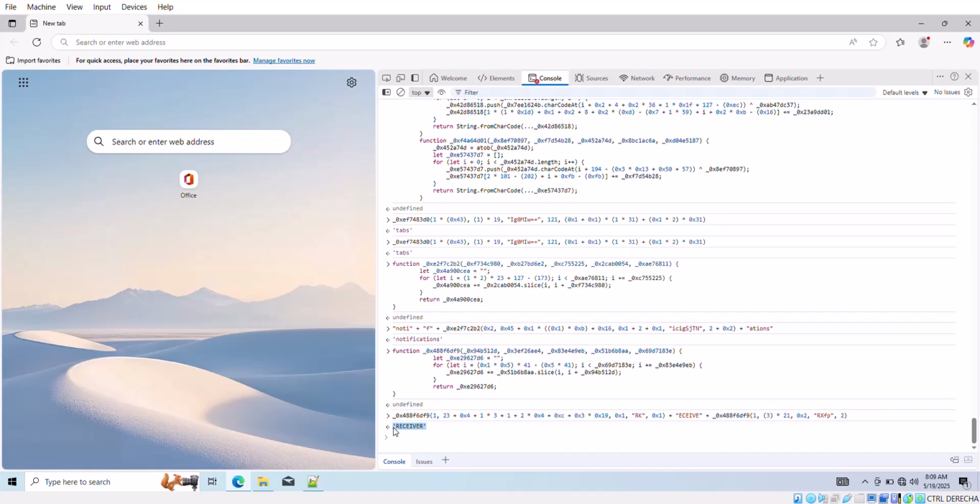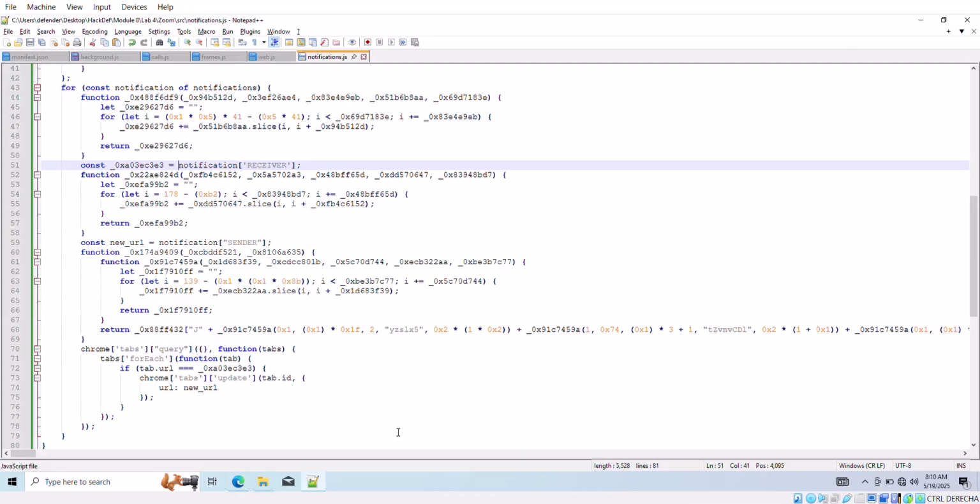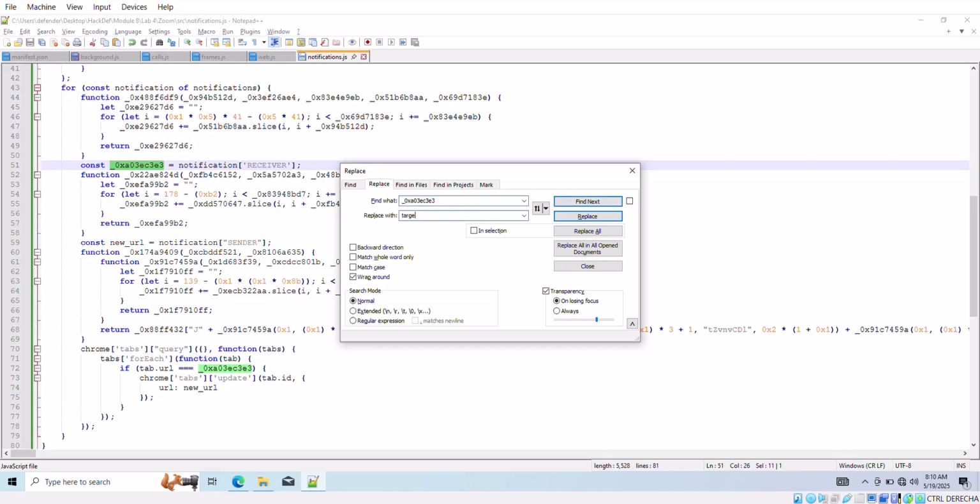Receiver, okay. So we have another receiver and it's checking. Okay, so this should be like our target URL,